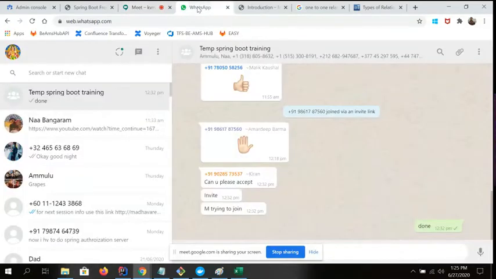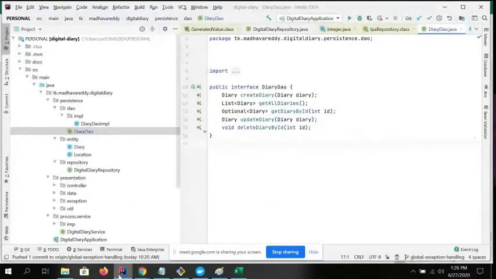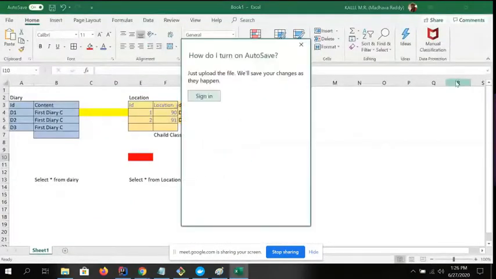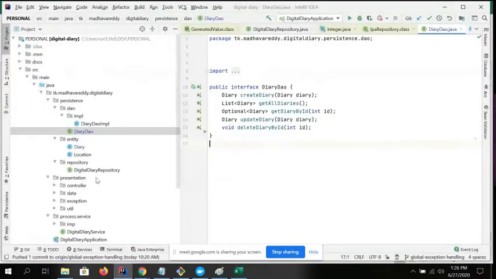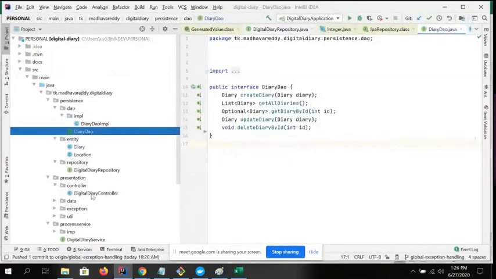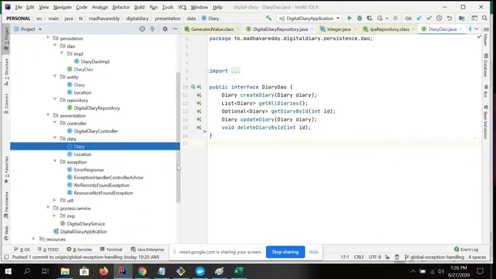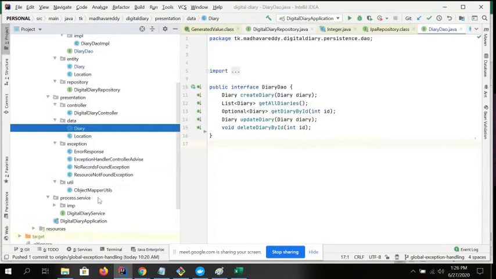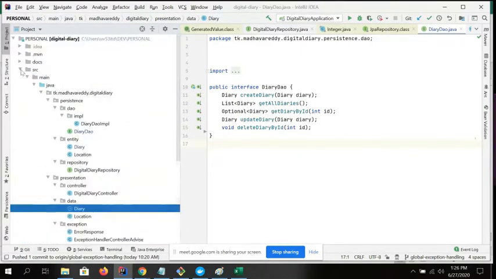Next, just simply, how do we configure this? It will be easy for you to understand. The controller, everyone already knows about it, and the transformation, everyone also knows about it. Exception handling I just covered, and I will cover it at the end of this one-to-one relationship. Now we directly jump into the properties and see how Spring Boot works.